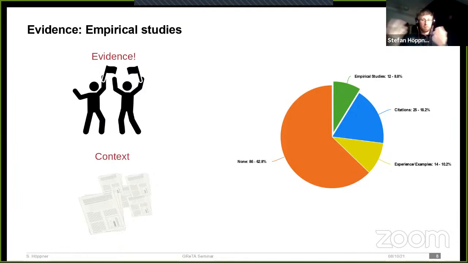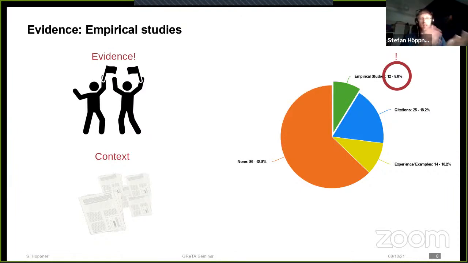There is, however, one major problem with empirical studies and empirical evidence for model transformation languages, and that's the fact that there's very little of it. So we only found about 9% of all the claims that we found had empirical evidence associated with them.